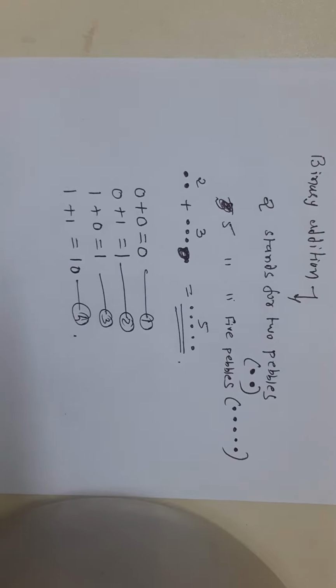Computer circuits don't process decimal numbers. They process only binary numbers. Before you can understand how a computer performs arithmetic, you have to learn how to add binary numbers. Binary addition is the key to binary subtraction, multiplication and division. So let us begin with the four most basic cases of binary addition.